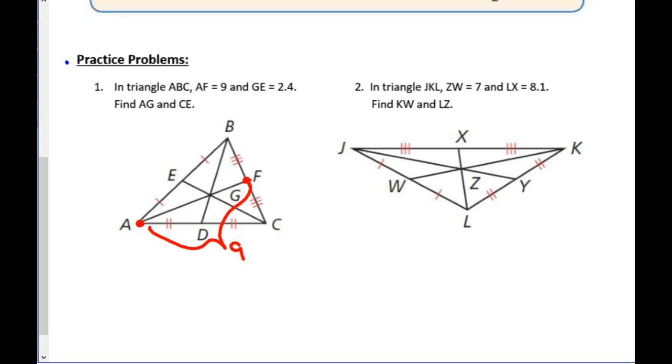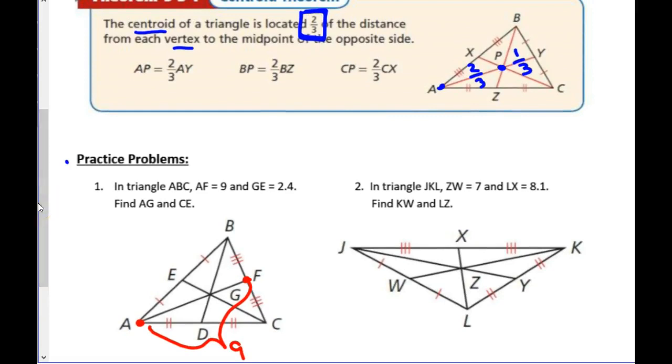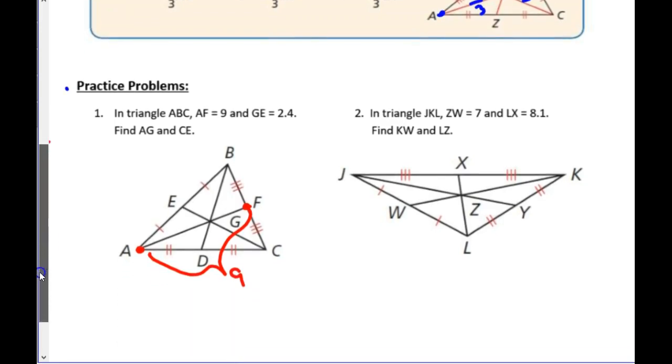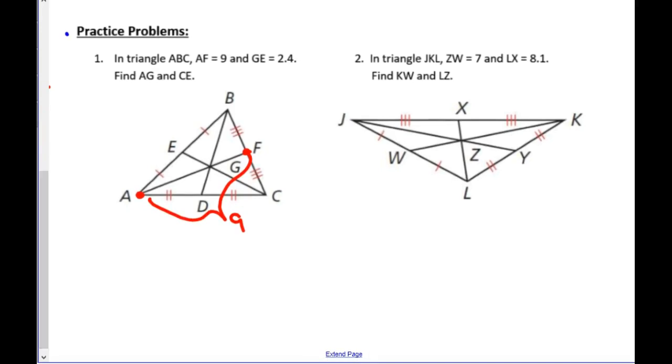So, we just learned what? That from the centroid to the vertex, the long section is 2/3, okay? So let me tell you what we're going to write here. If I know the whole thing, I'm going to multiply it times 2/3. So AF, the whole thing, right? So if I know the whole thing is 9, I multiply that by 2/3 to get the big segment, which